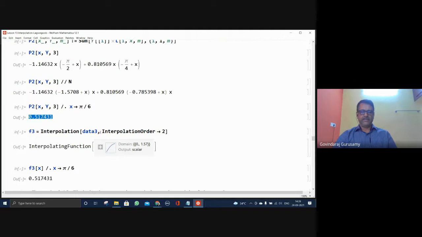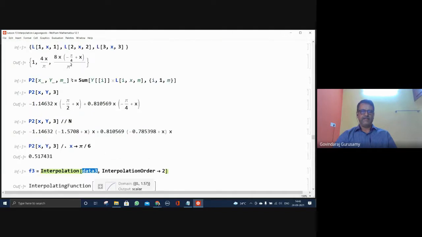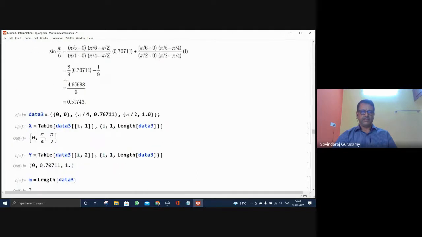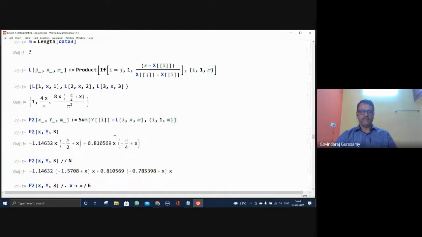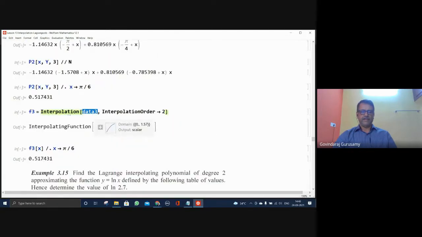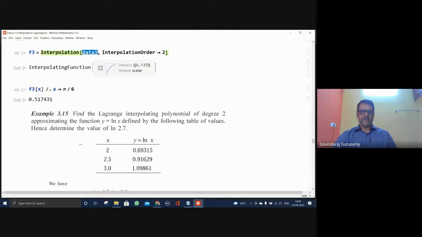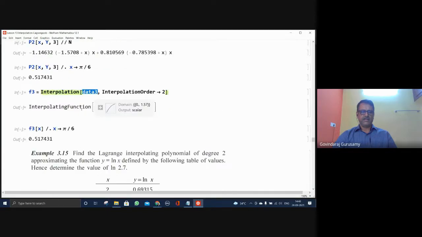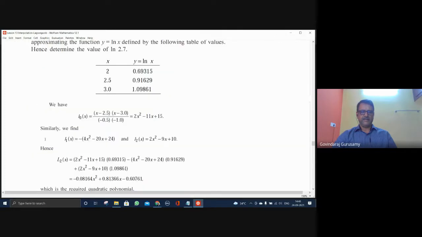So this is the interpolation of data 3: 0, 0, pi by 4, 0.70711, and pi by 2, 1. That's for the sine. Taking this interpolation and substituting x equal to pi by 6, you have this number. So here also there is no problem getting this, and it confirms that whatever you get with the method described, you get the same number here.